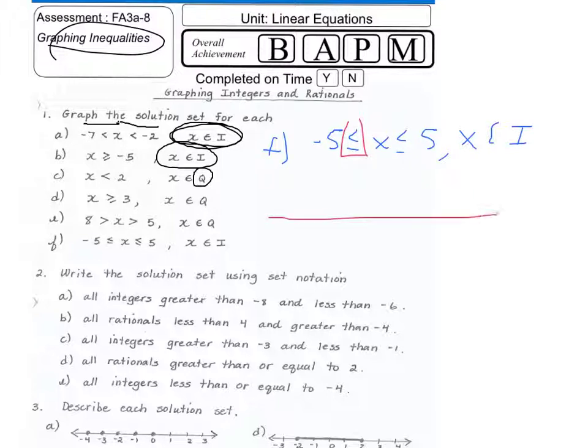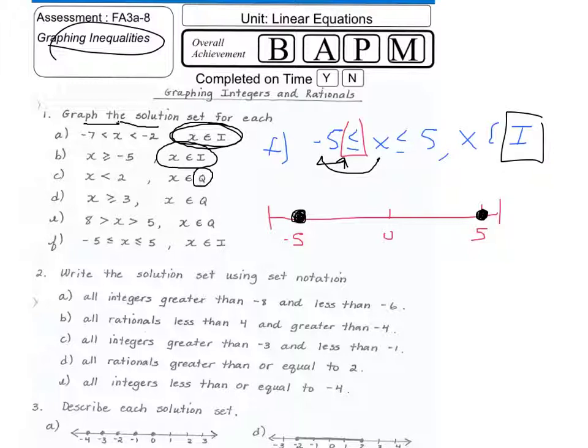So I'll have a line. I'll have my +5, my 0, my -5. I will start at these two values, and again, you see I'm filling it in because it says equal to. I'll fill in -5 because x is equal to, right? And they're integers. Now again, rational numbers, I would put a solid line there because it's every decimal, every fraction,